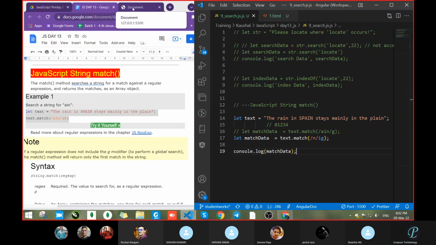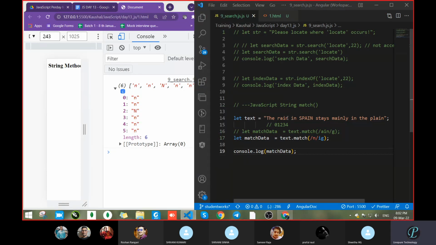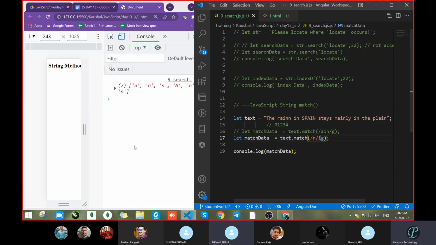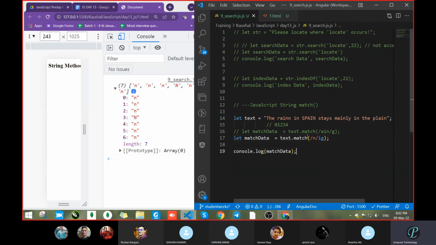Sir, I have one doubt. Suppose in any word there are 2 Ns, then what result will come, sir? Let's do one thing, we will add one more N in the text. Let's say it will give you 7. It will count 2 times, because it is searching for that text only, particularly.